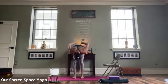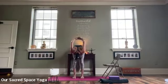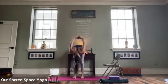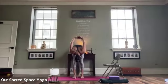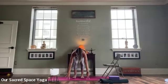Good, now, last thing here. Interlace the fingers behind the back and let them rest on your sitting bones. That might be enough. If you want more, reach the hands towards the ceiling. And then release the back of the neck, look towards your elbow. Then on the exhale, release the fingertips towards the mat,